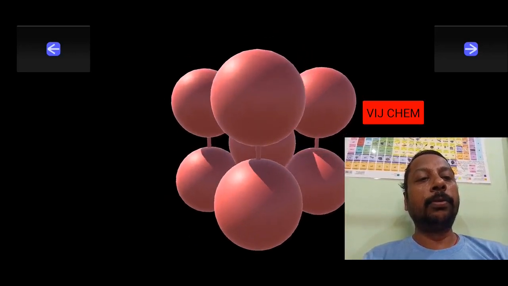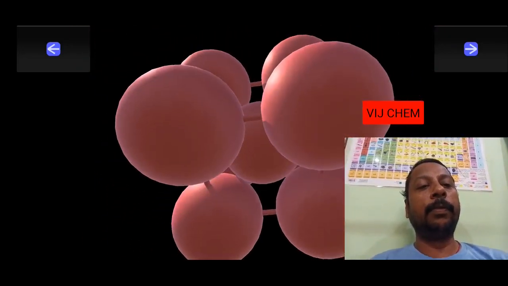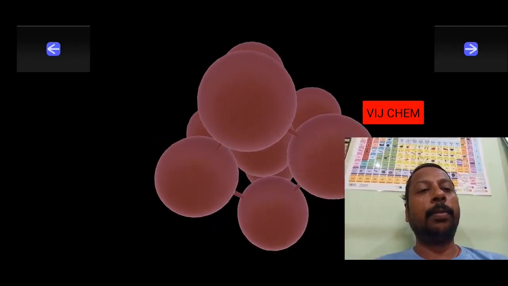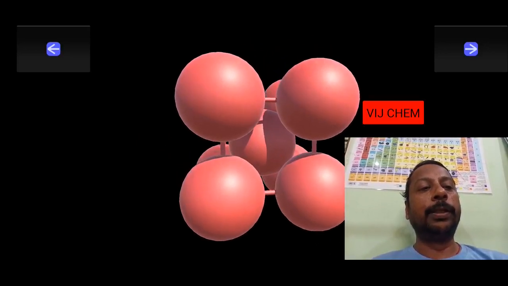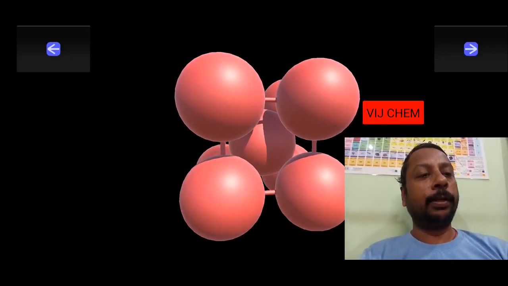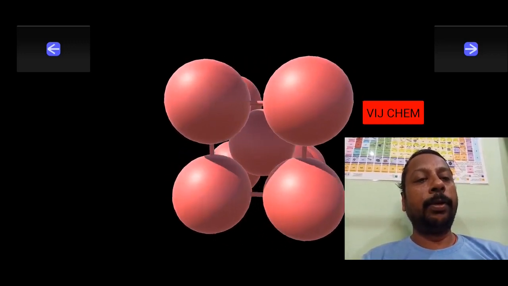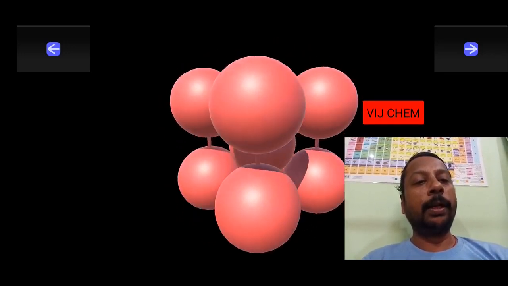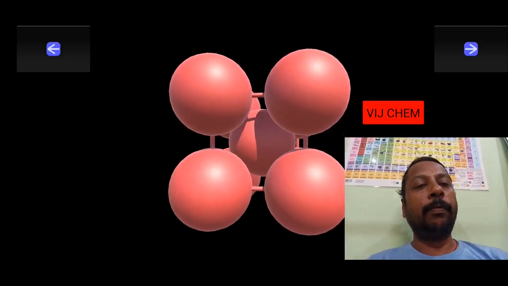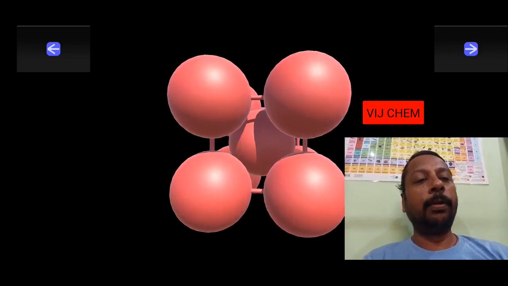And one more thing you should see here. See, body center and corner. Every body center is in touch with all corners. This point I am going to use in the derivation, that's why I am telling you now itself. Continuity maintained without any gap is the body diagonal. Body diagonal does not have any gap. Face diagonal has a gap, and edge length also has a gap. Okay, will you remember this?